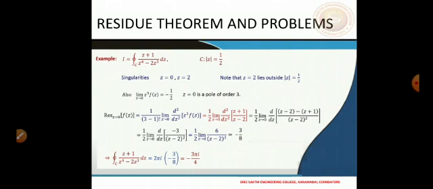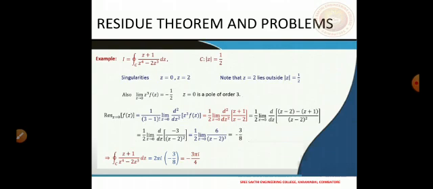That portion will be multiplied, this is a z cube. So the z cube gets cancelled, and we have to take the double derivative for the function. So the first derivative is going to be here, then once again we have to first simplify this, and then take the derivative again, and finally take the limit. So it is coming as minus 3 by 8.